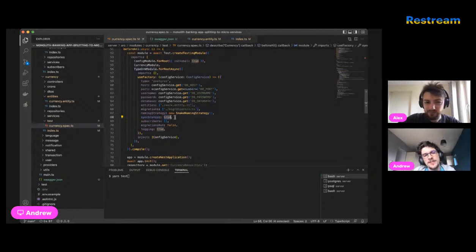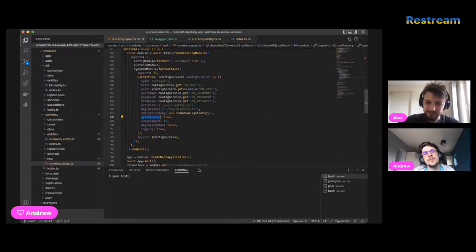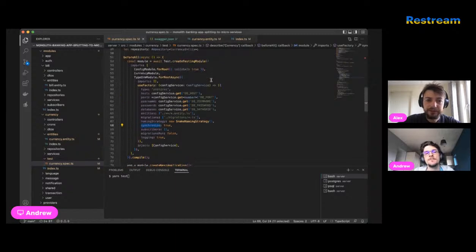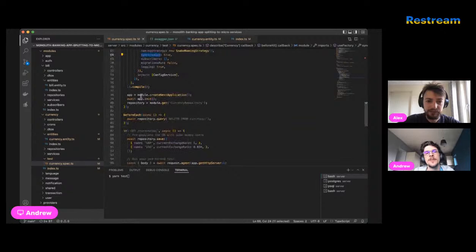One of the interesting things I have here is the synchronize option, described here. It means that when this module is initialized, it will first synchronize all our entities to the database. That means it automatically creates all the tables, empty, but with the actual structure we have inside our code. Nice. It's a part of the TypeORM module functionality.